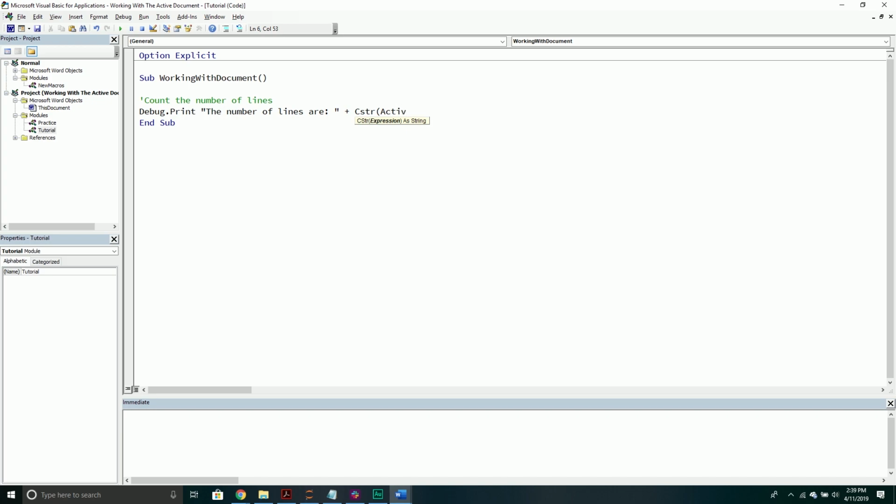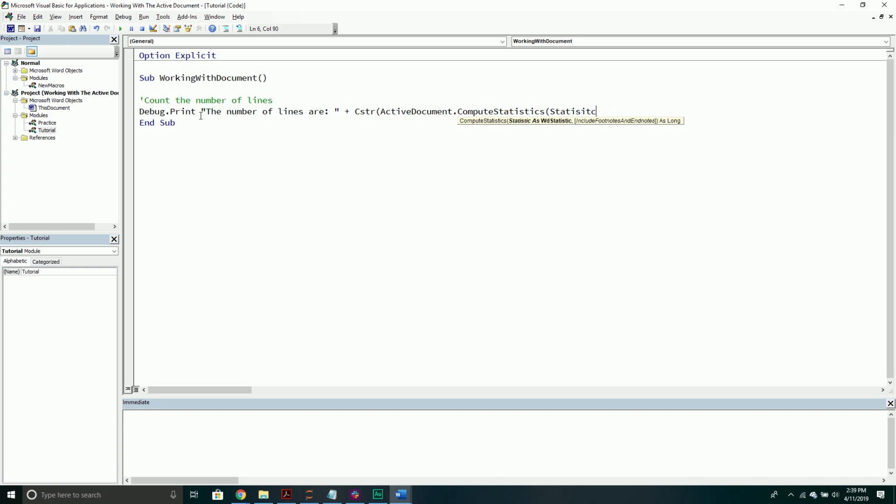And then what we want to do is call the ActiveDocument. We want to go into the ComputeStatistics method, and then we pass through a statistic, and then it is equal to